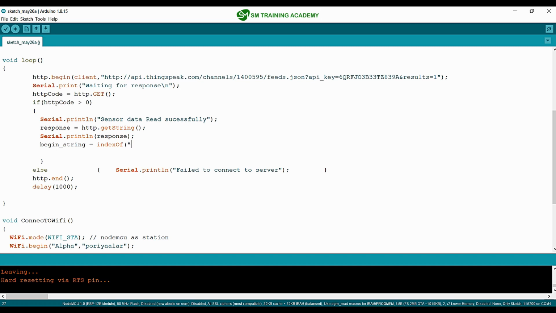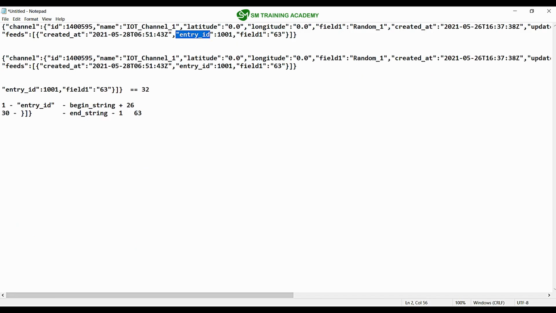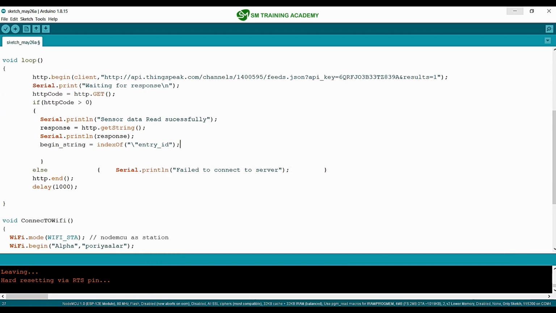We use a backslash for the double quotes, because we are going to measure the index of the double quotes also: double quotes entry ID double quotes. You can see I have given the same name in this indexOf function, and this method must be called with the string variable. So I just want to find this substring within the string response.